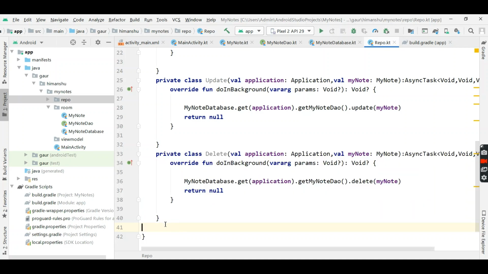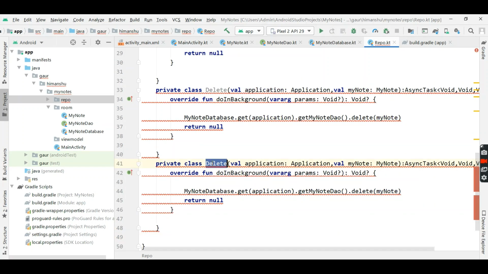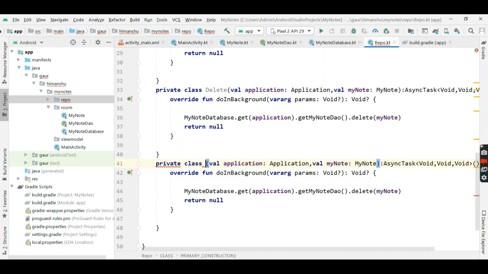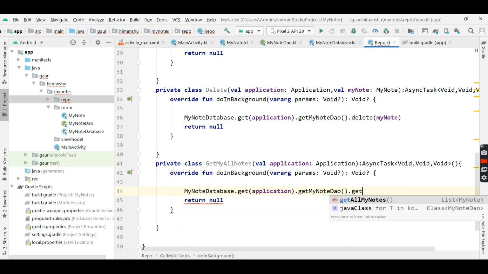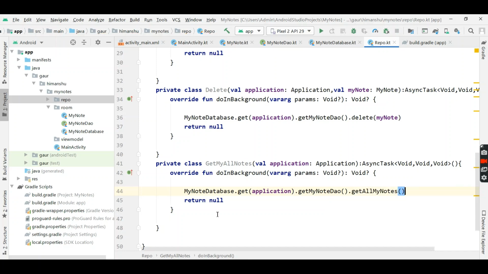Now similarly we will take all the nodes. So we have to make a class, and I will name this get my all nodes. Pass application, and we did not require this my node, and instead of this delete we can actually take get all my nodes. Simply return this.